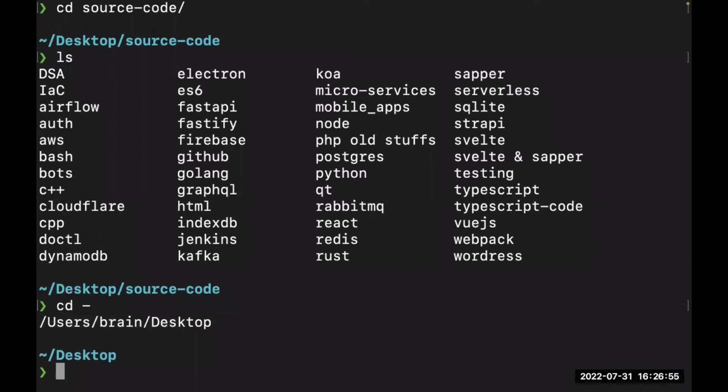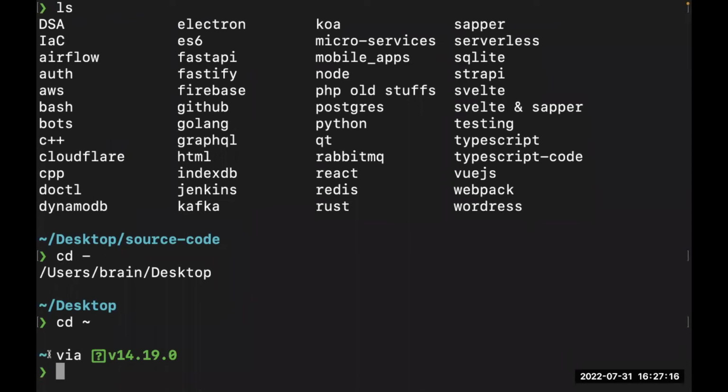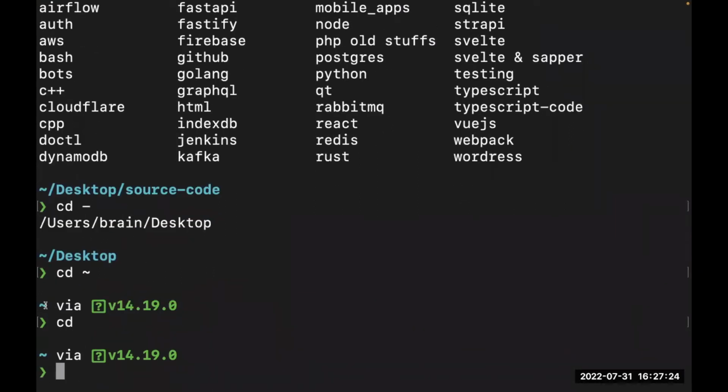All right. The next one we'll look at here is CD with this, maybe I'm not getting this correctly. I think it's called the tilde sign or symbol. If I'm making a mistake, please correct me in the chat. Using this command will take us directly to our root folder. Of course, you can always go back by also pressing just CD. It takes us back again to this folder.